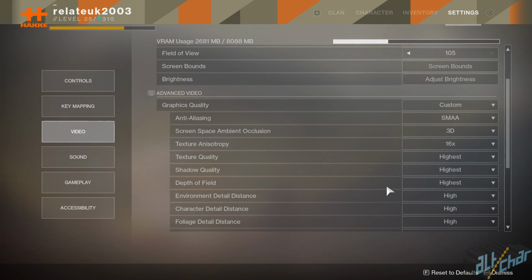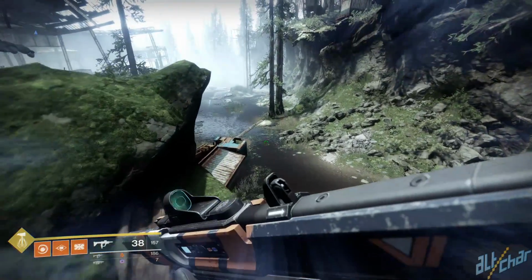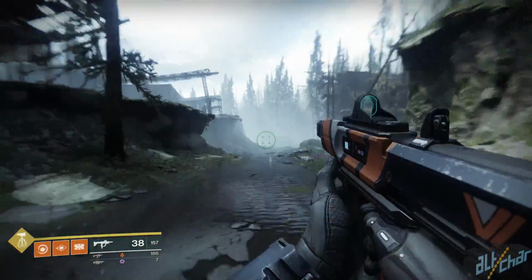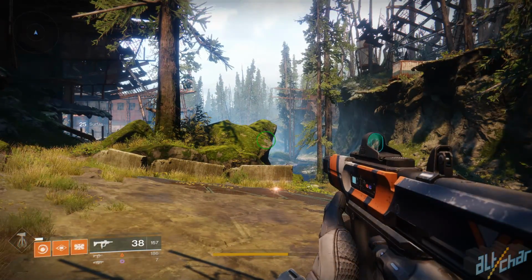Firstly, whack all them settings up to the highest. This isn't PUBG where you want to see everything in the distance. This is Destiny 2, a glistening sci-fi world. It deserves to be seen in all its wonder. To expand on the wonder, you're going to want to change the field of view from its default setting to the max of 105. This is going to expand the amount you can see and will come in very useful